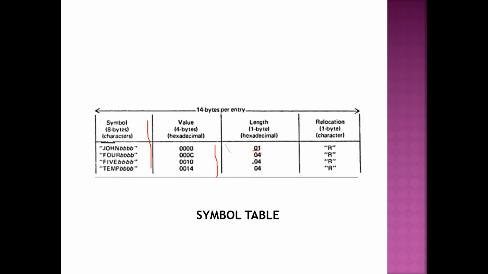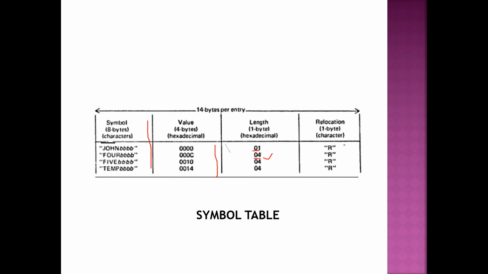What about these variables or symbols? What is the size of them? Depends on how you do it. For example, in define constant, if I say one full word, it is 4 bytes. If I say two full words, it is 8 bytes. Based on your definition, what you say in the program, the length of that particular variable will also be decided. Always remember labels 1 byte. So for other symbols, depending on how you declare it, that will be the size of that symbol.